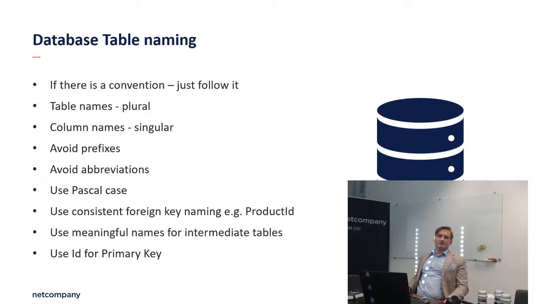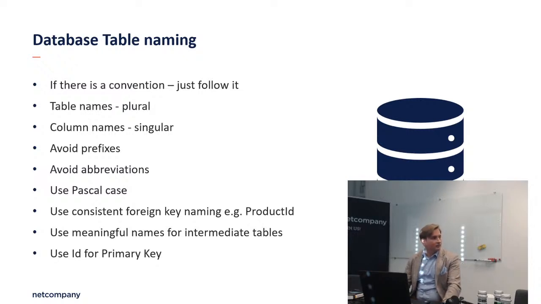Sometimes, for example, if you have a catalog and you have products, there is no good meaningful name for assigning catalogs to products and vice versa. So it's just catalog products in this case. But if there is a meaningful name that can be used for a many to many relationship between tables, always go for that.